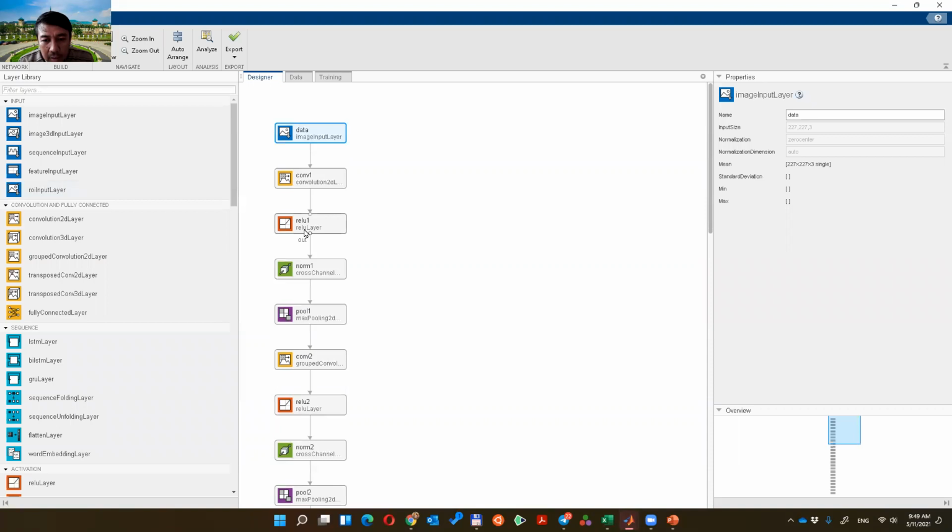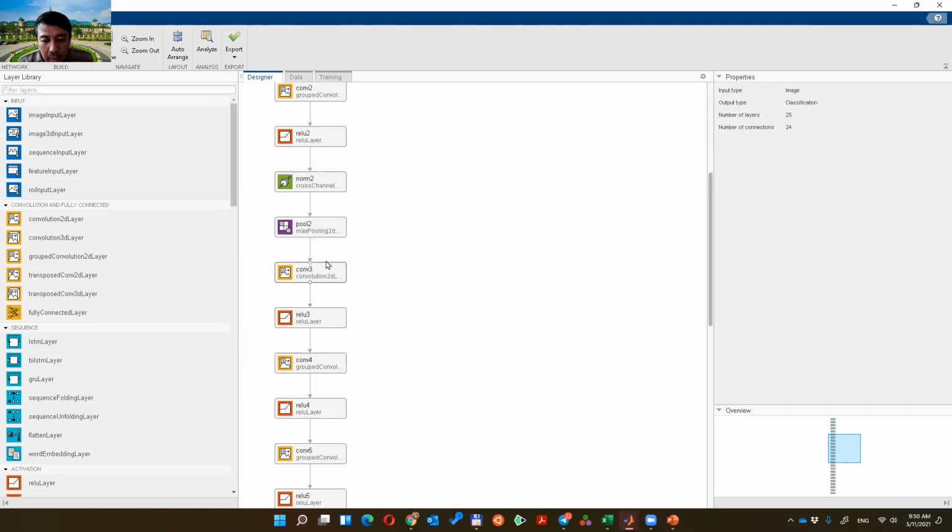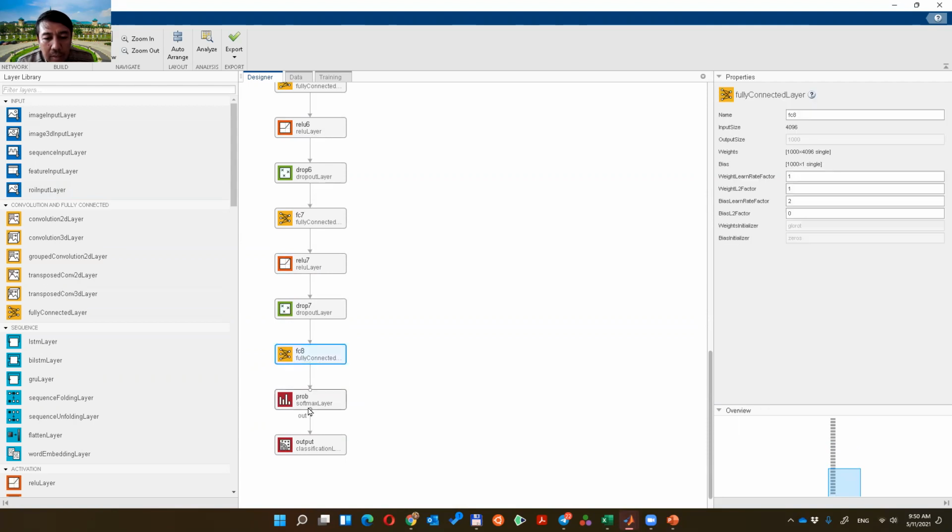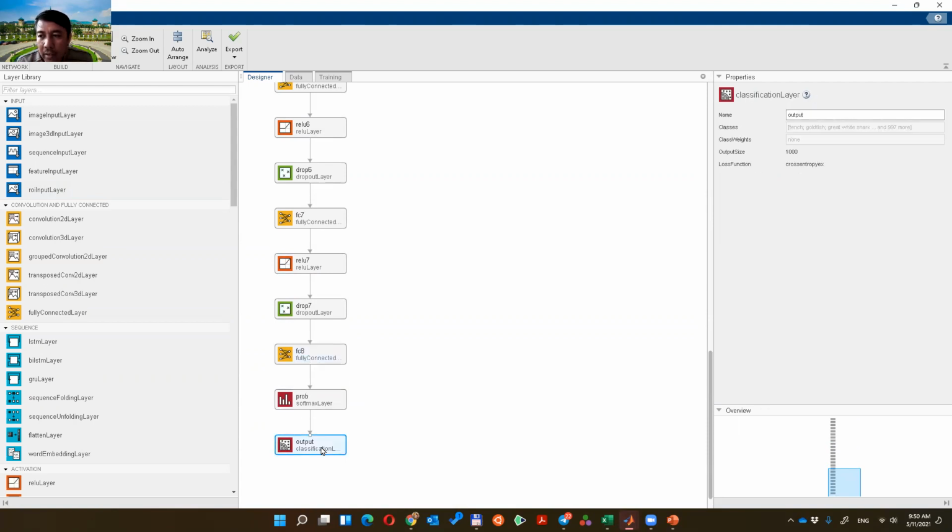Then you can follow here. You have convolution, you have ReLU, and so on. You can change this one. Mainly, if you do transfer learning, you just change the output classification. The output size is 1000. If you want to detect, for example, malaria parasites, for 6 types of malaria parasite, maybe you just input 6, and then you can redo the transfer learning.